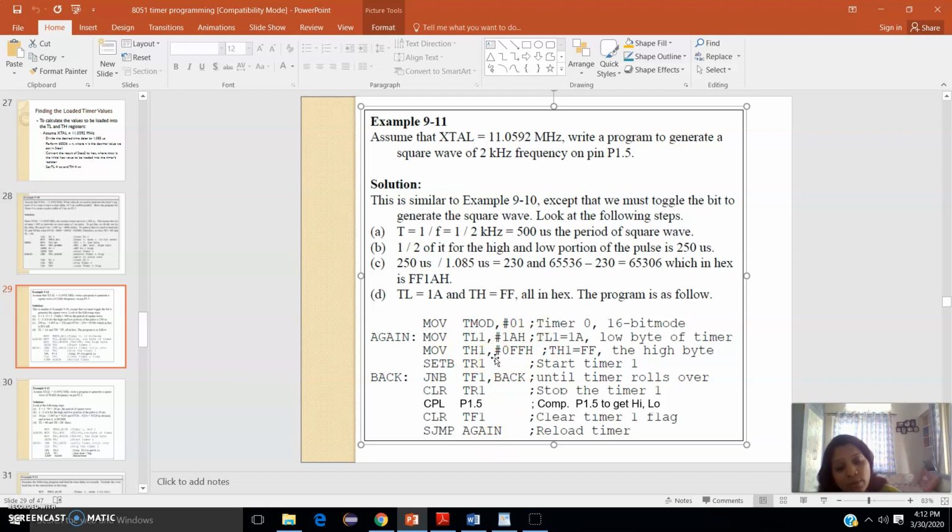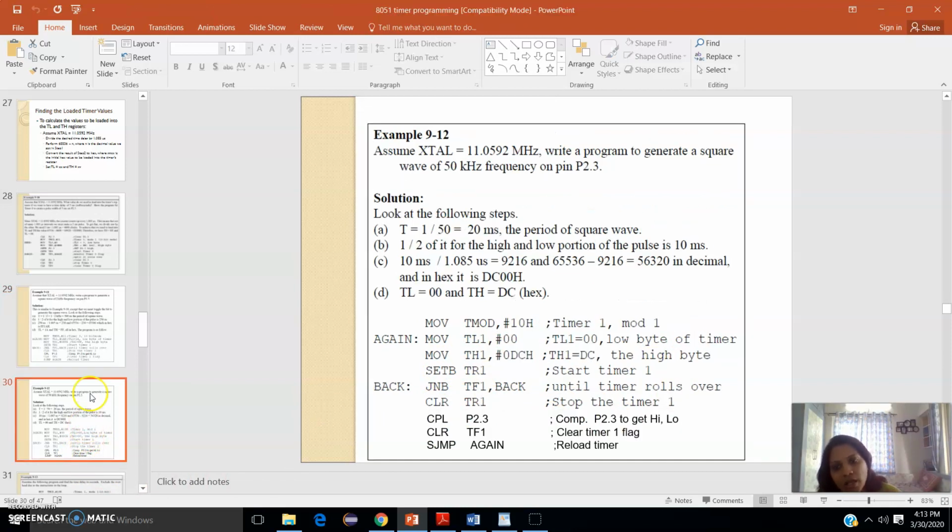Now the same type of thing we use in assignment number 10, which is serial port programming. In that serial port programming, we set some value in the TH and TL registers. Then we need to start our timer, and that is why the SETB TR instruction is obviously required. To check the timer flag, we write an instruction called JNB, jump if not bit. So this is the programming required for your timer.